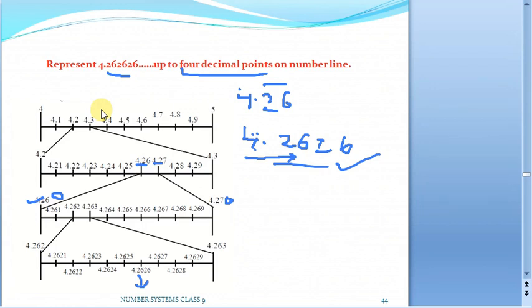Now in this manner we can locate any number on the number line using this magnification method. So here what we are doing is repeatedly magnifying the given space between two numbers, and we are arriving at our required number. This is what we call the repeated magnification method for representing any decimal expansion on the number line. It depends upon the decimal places. So sometimes it may be cumbersome. Why? Because if there are 10 places after the decimal point, we have to do it 10 times to actually arrive at this number. So we can locate the number depending upon the digits after the decimal point on the number line.